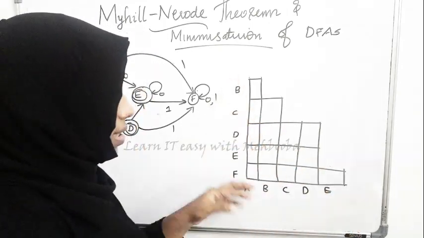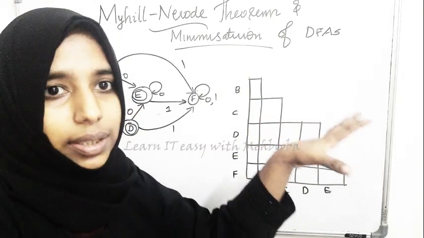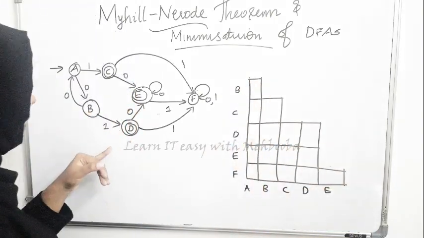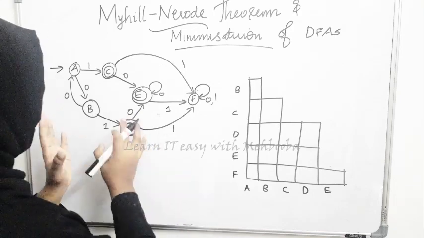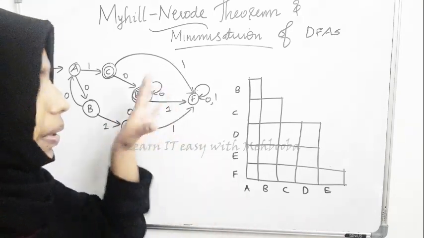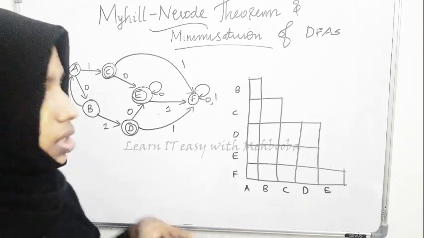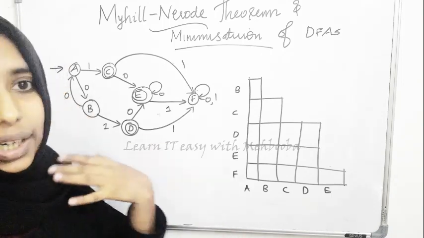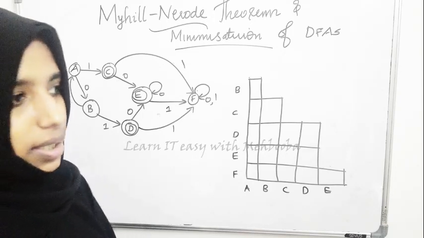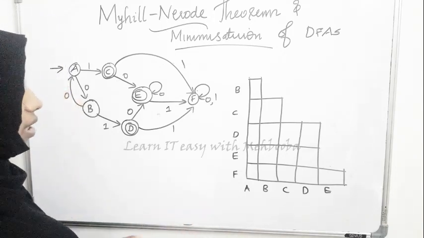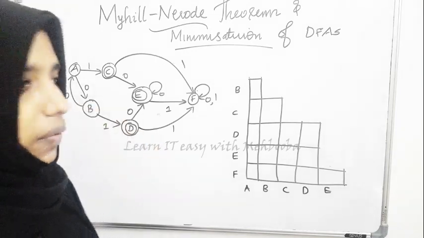Here, start with the second state, and then create cells for all the pairs of states. Now we have to check for equivalent pairs on this. The one thing that we are very sure about is a final state can never be equal to a non-final state, isn't it? That is, a final state can never be equivalent to a non-final state. So all such pairs can be avoided.